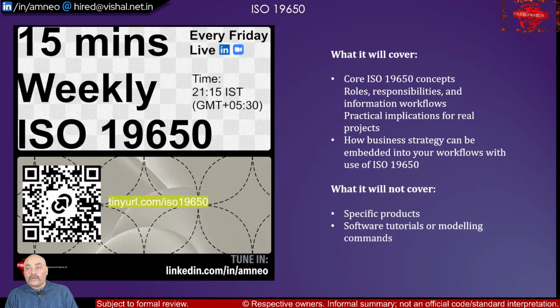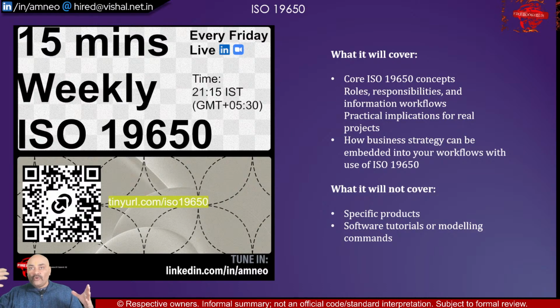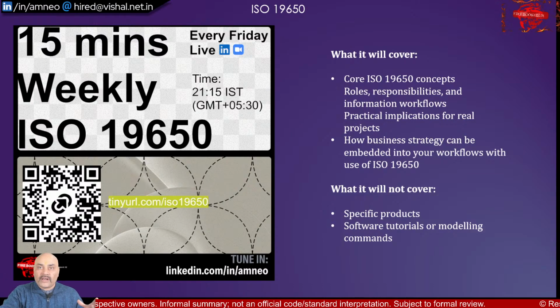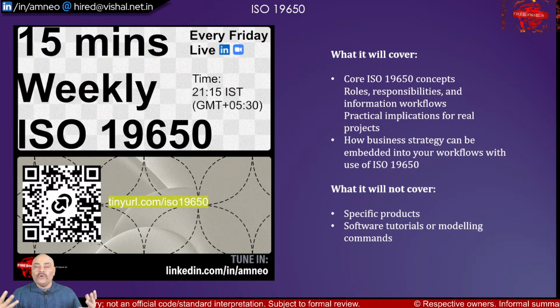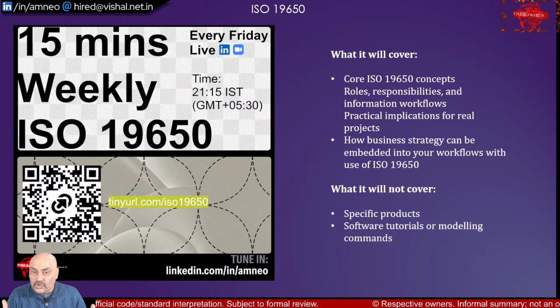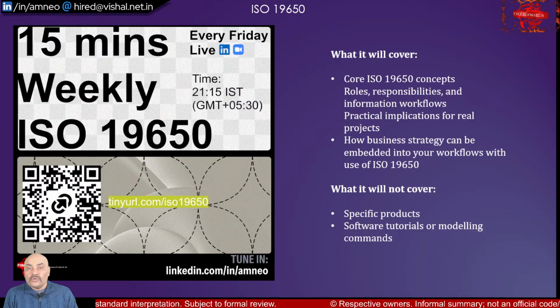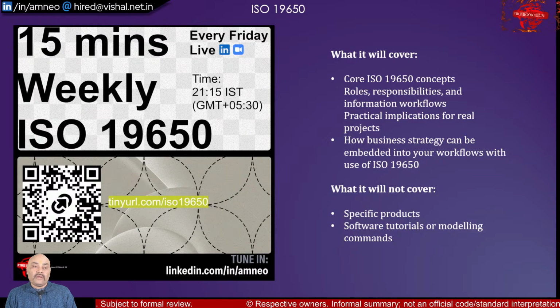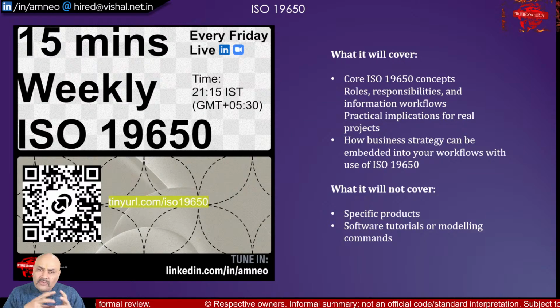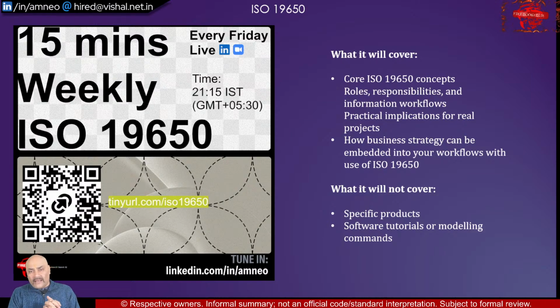They want to see how you are transforming the goals that they have set up by using standards like ISO 19650, 9001, 14001, 45001. These are standards that tell you these are the best practices. If you follow them, you would be reaching the goal that you're looking for, that you want to achieve, right? And that is what we will try to do. We will try to look at how it aligns with that. So there is something called the balanced scorecard.